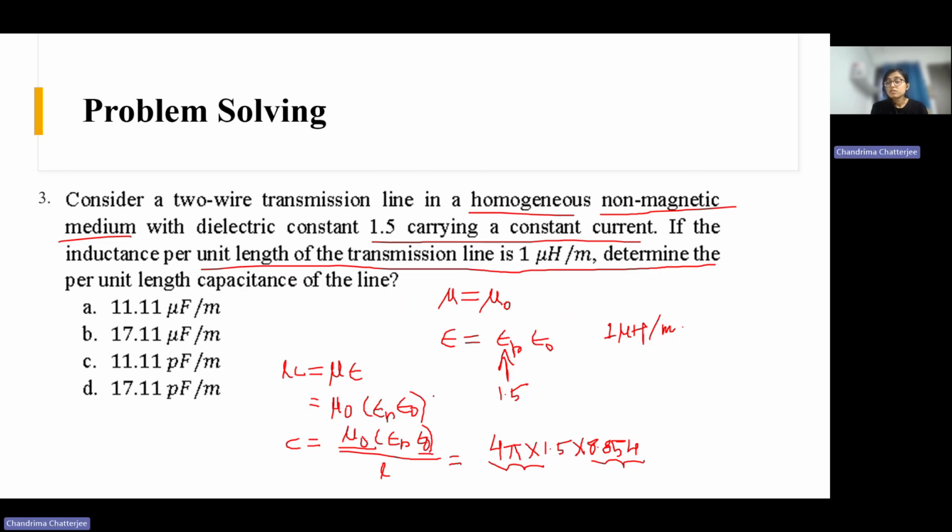If we want to represent it in picofarad, then we will just leave alone the 10 power minus 12. So this basically becomes